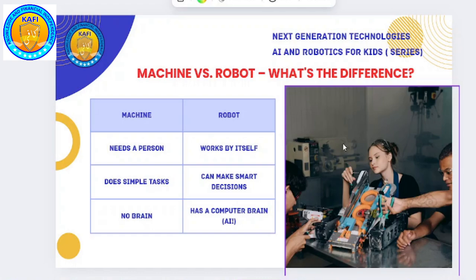It can make decisions. Let's say I want to tell him, okay, two piles of clothes, white separately and colored separately. They can make the decision. So it has a brain as well. It has an artificial intelligence brain as well, so it can think.